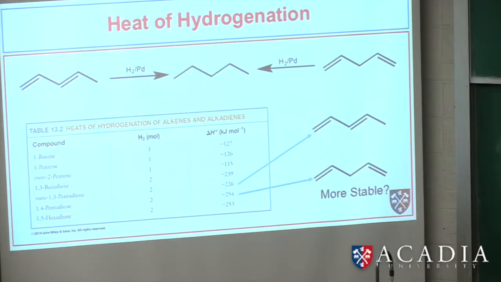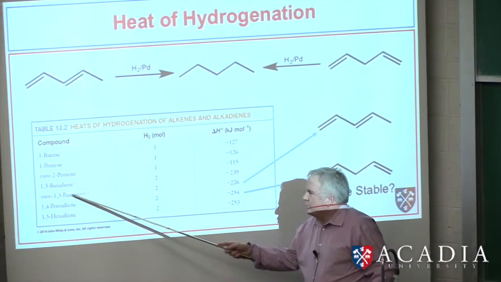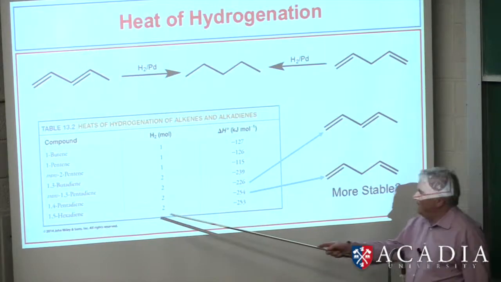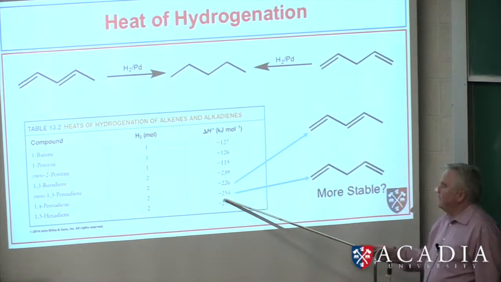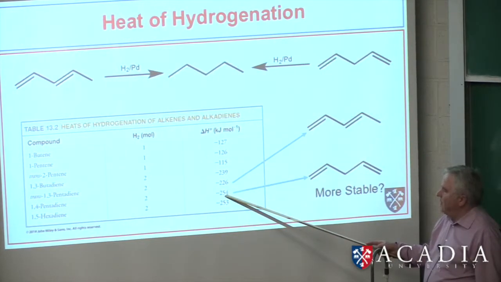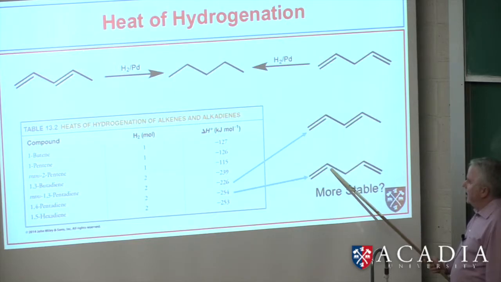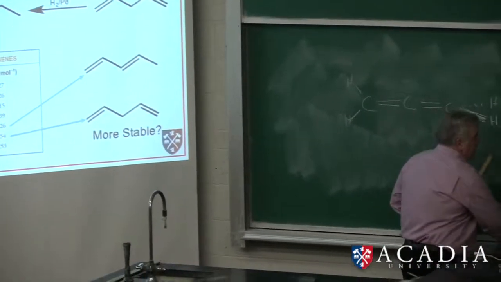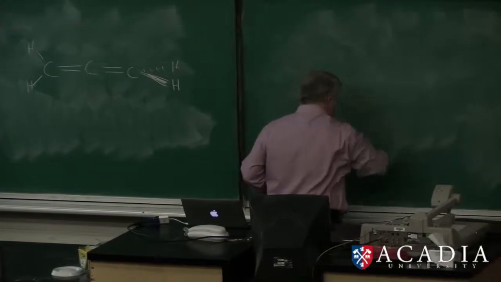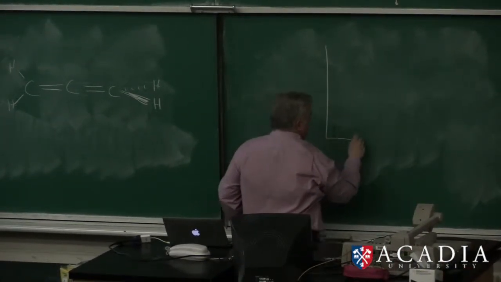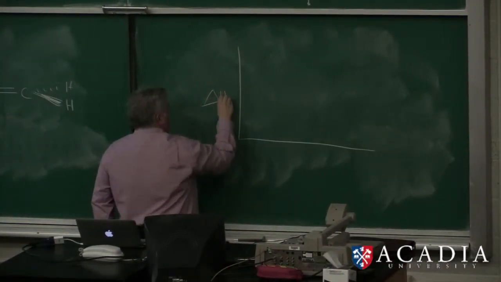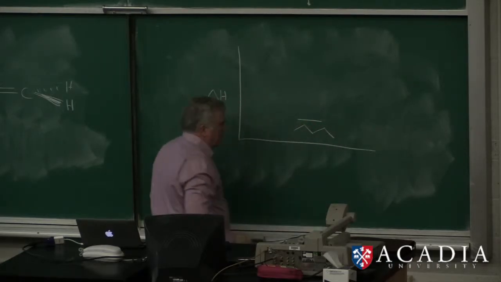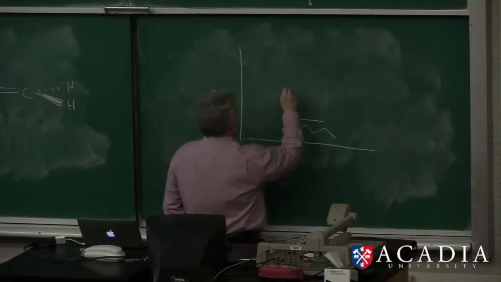We have this table in your textbook, and here we see the trans 1,3 pentadiene gives off 226 kilojoules per mole. The 1,4 pentadiene gives off 254 kilojoules per mole. So this one gives off a lot more energy when you do the hydrogenation than this one. And if we think of it in terms of an energy diagram, where we have delta H up here, and we know that both products give this, and our